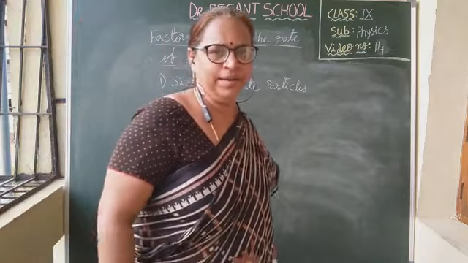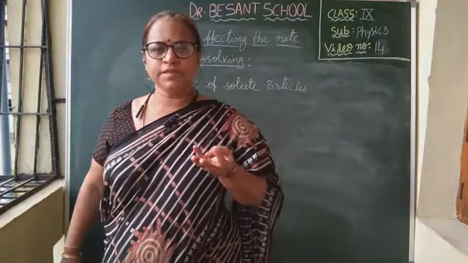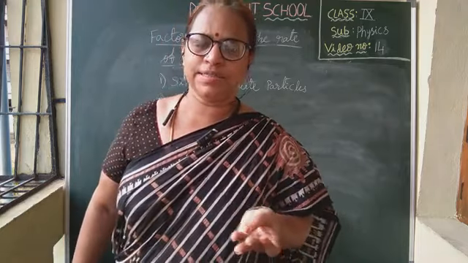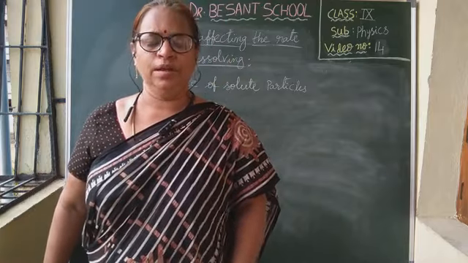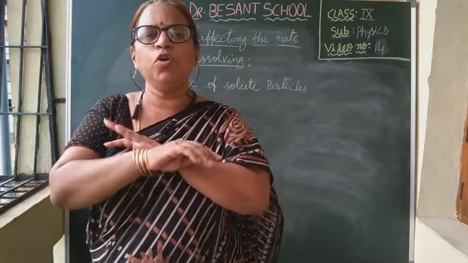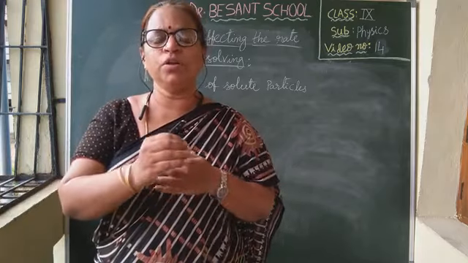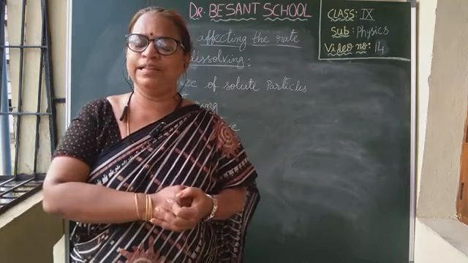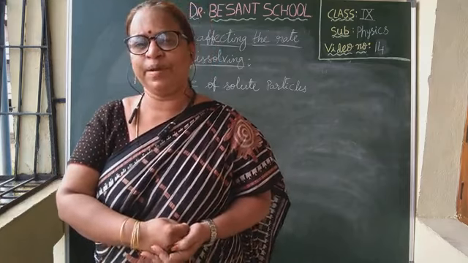Am I clear, children? So this is solubility, saturated solution, unsaturated solution. Saturated solution means the amount of solute we have taken is more; if you add the solute, no more will get dissolved beyond the solubility range. Then it will become a saturated solution, and that excess solute can get dissolved when we change the temperature.